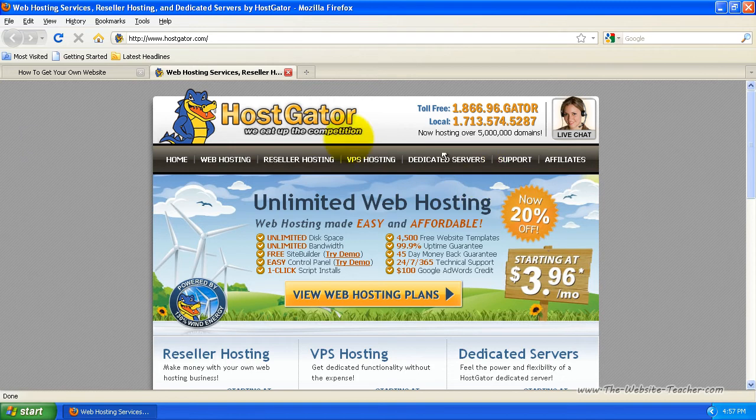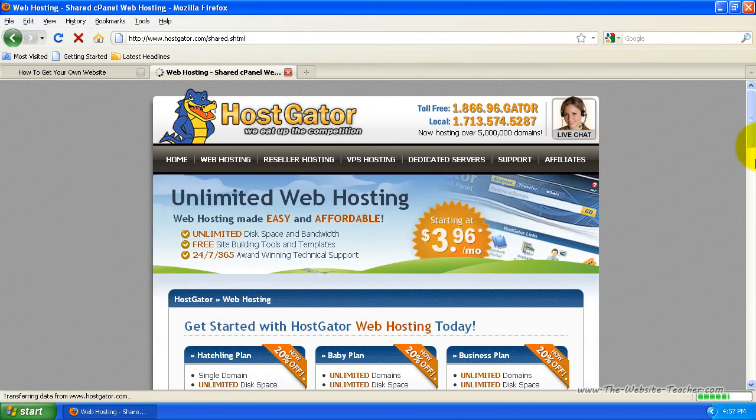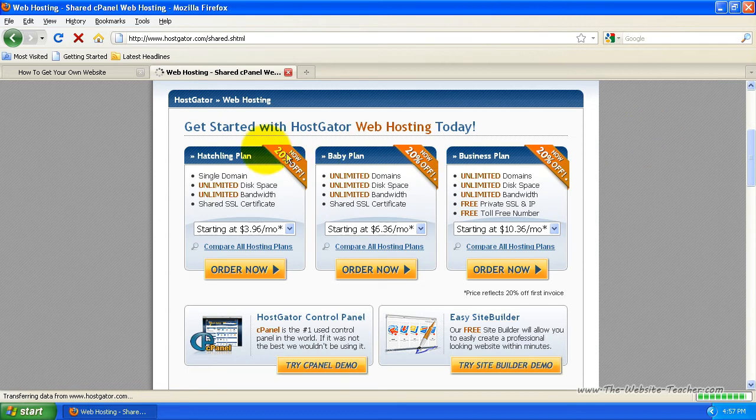Okay, so from their main page, what you want to click on here is web hosting, because that's what you want for your website. So select web hosting here. Now you'll see there's 3 different plans. And if you scroll down,